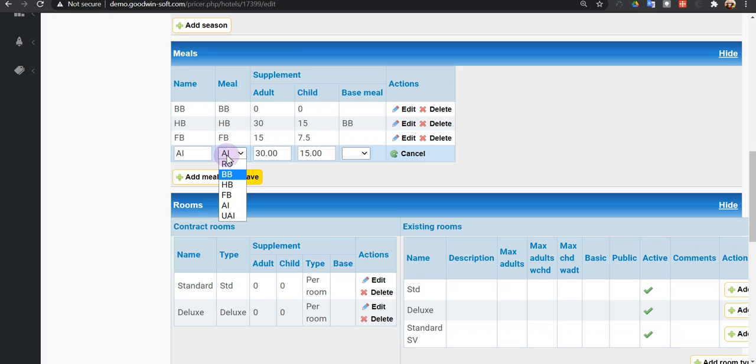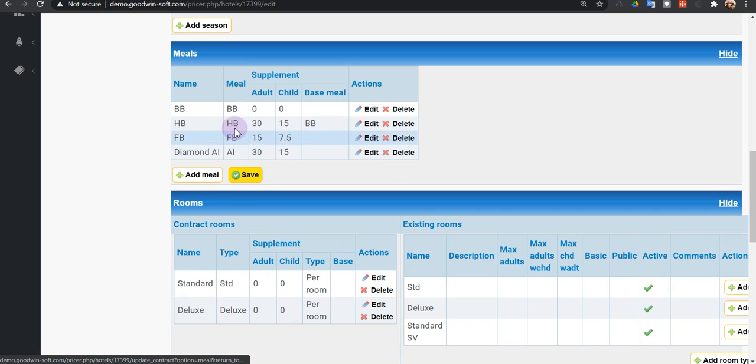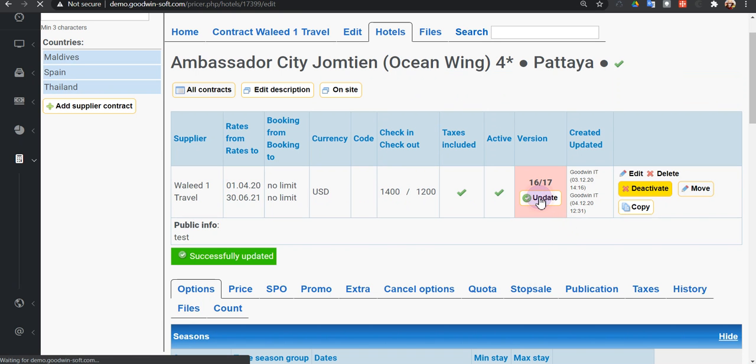For example, there is the all-inclusive meal type, and in the hotel it is called something special, like Diamond all-inclusive. Instead of creating a new meal type, all you need is just change its name. After you save and update the contract version,